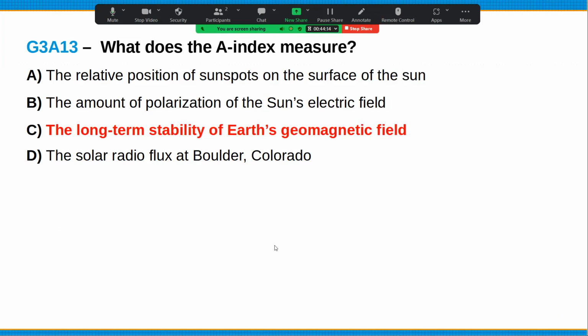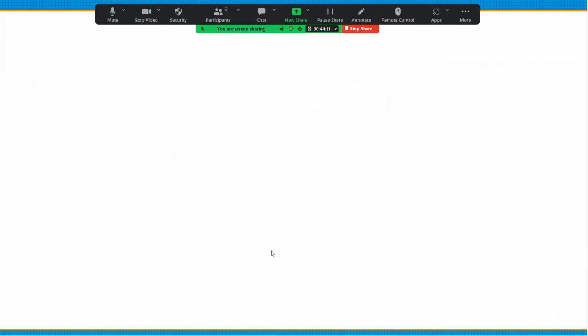And the amount of pot sold in Boulder affects the solar flux index. But all